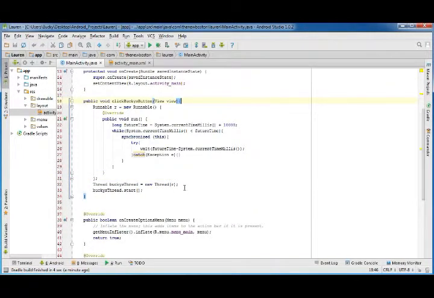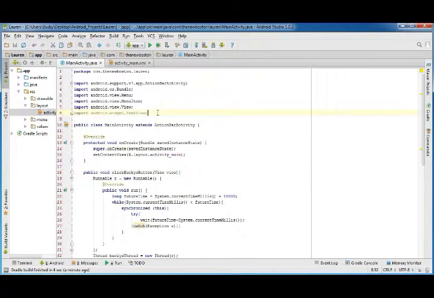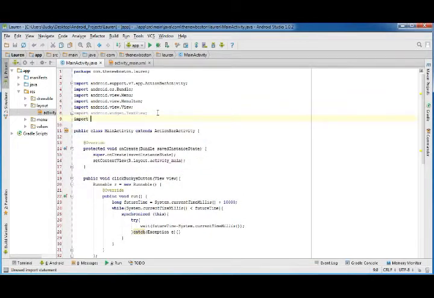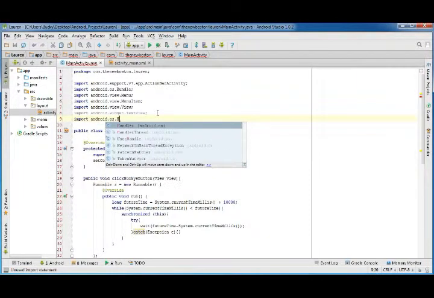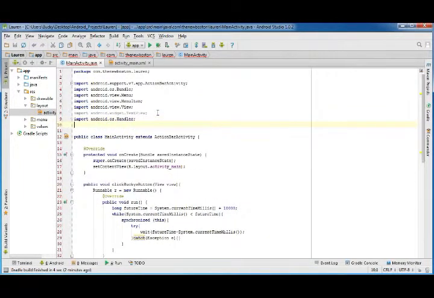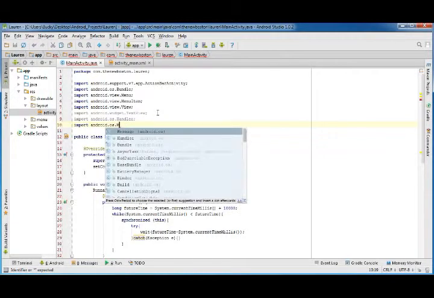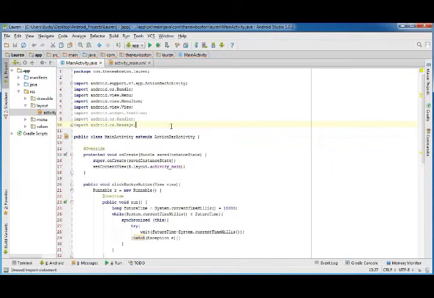I think it just looks better that way. Alright, so the first thing we want to do is import android.os.Handler and import android.os.Message. Why do I keep writing os.message? There we go. So in order to update the interface, what we do is we create something called a